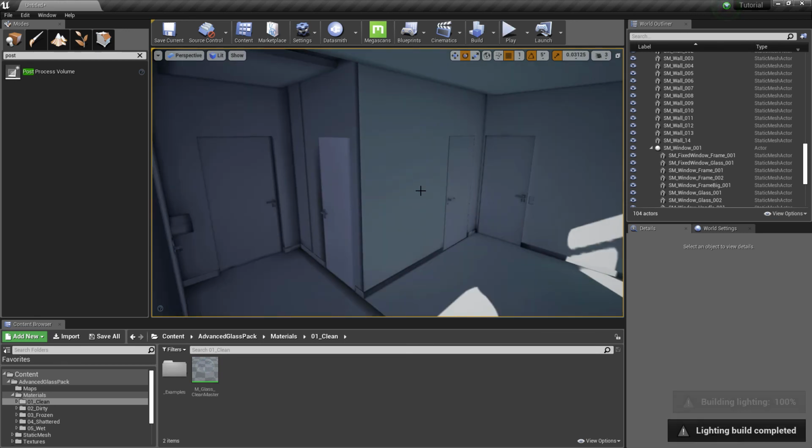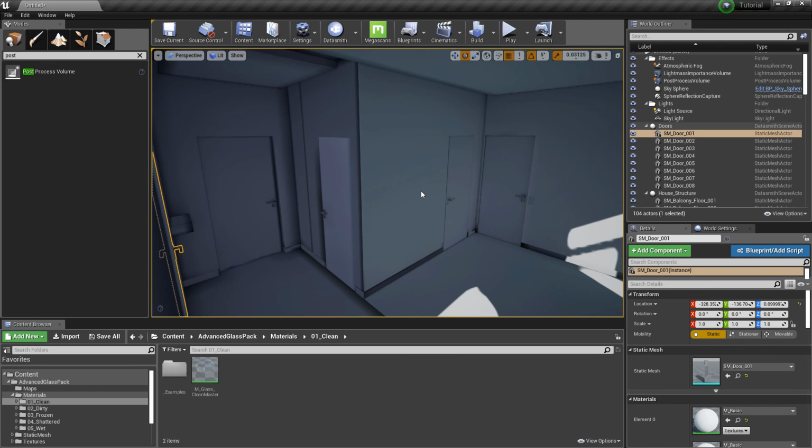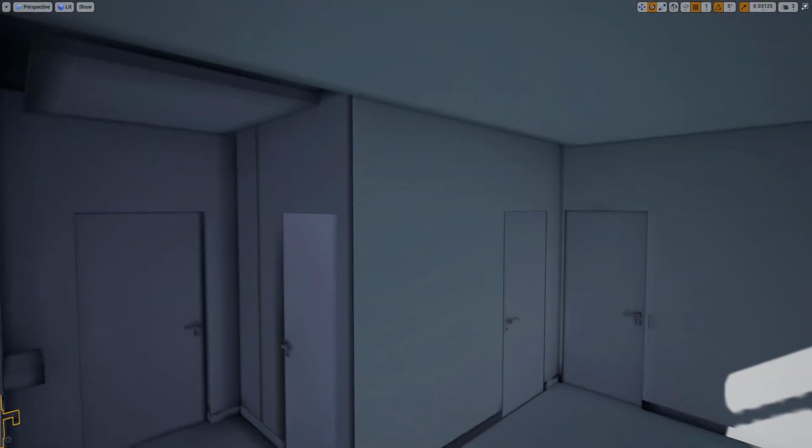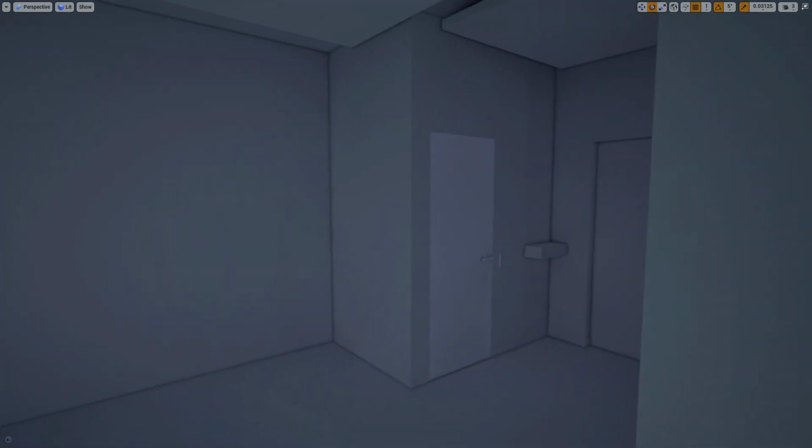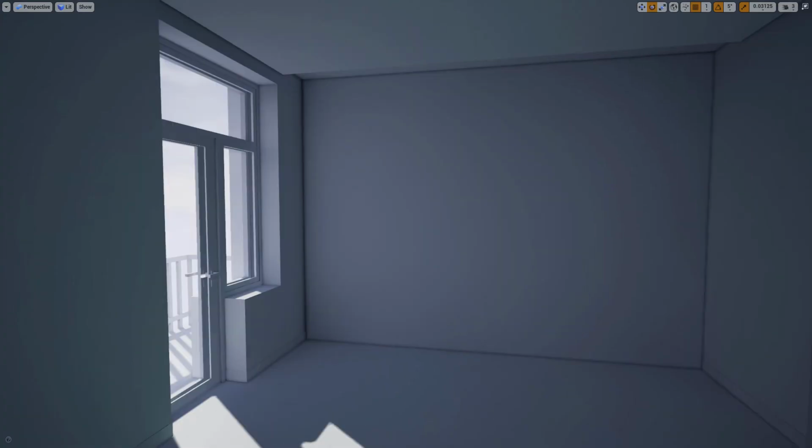The build has finished. Let's wait a second until the image becomes clear. Now this looks much better.